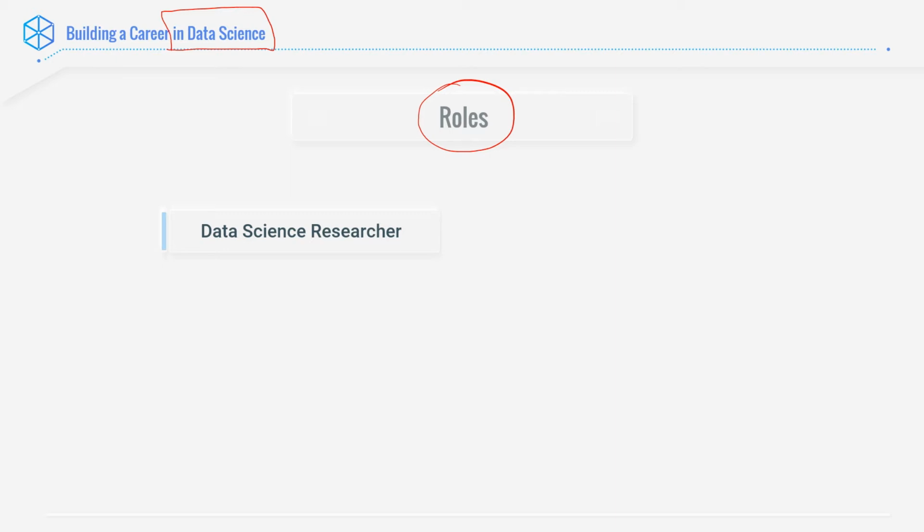That's it. But there are a lot of complexities which are present and not known when we are learning. So when we say we are building a career in data science, for most people, the only thing they know is data science researcher. And that is actually problematic.